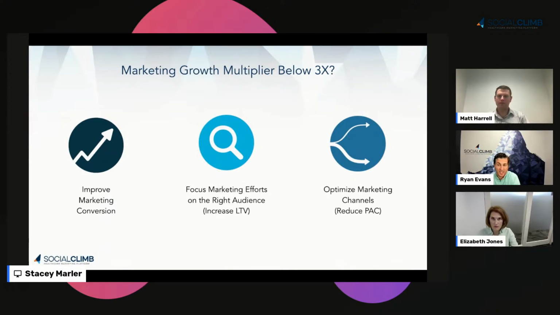But on the reverse side of that, you may have the right audience, and sometimes you just have the wrong message. And a lot of practices will say, hey, we're going to give up because we're just not converting high. Well, what if that audience is good, but you're just not hitting them with the right message? And then lastly,